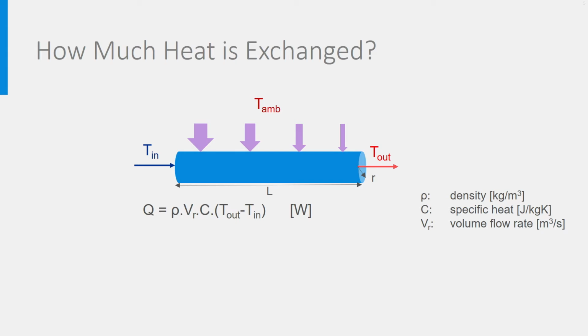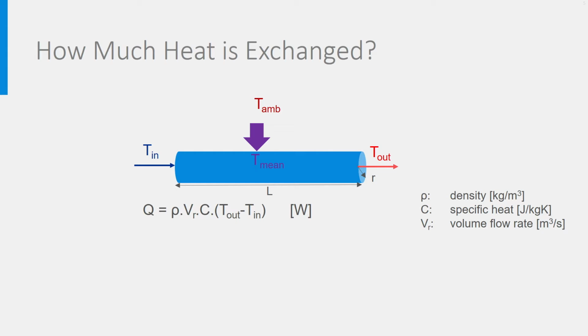In general, we will consider an average temperature of the fluid in the pipe, T min. Please observe that this T min is not the arithmetic average and is therefore not in the middle of the pipe, but a bit more at the cold side. This is to compensate for the larger heat exchange at the start of the pipe.